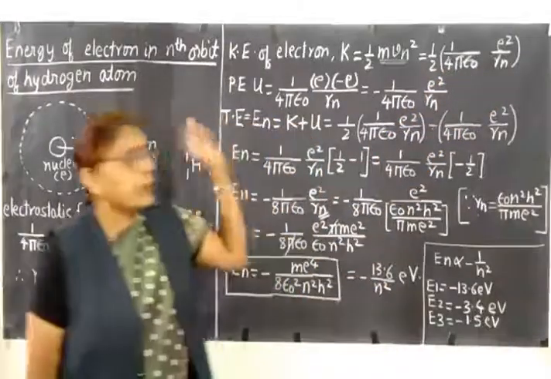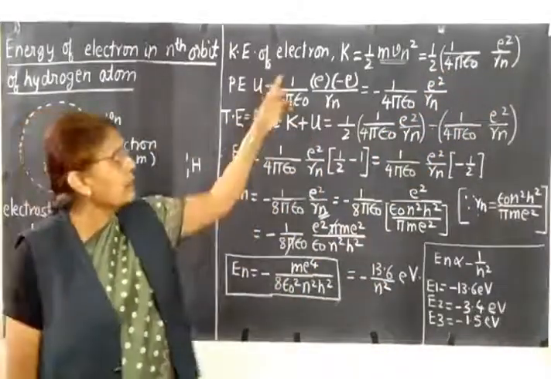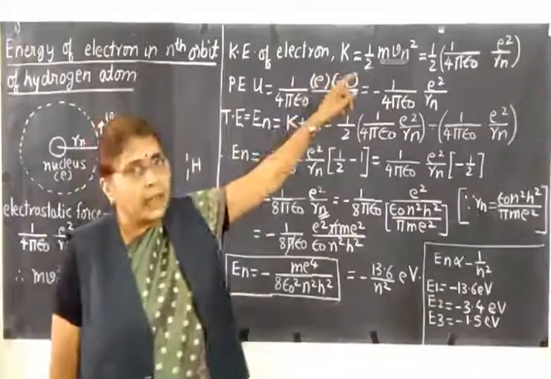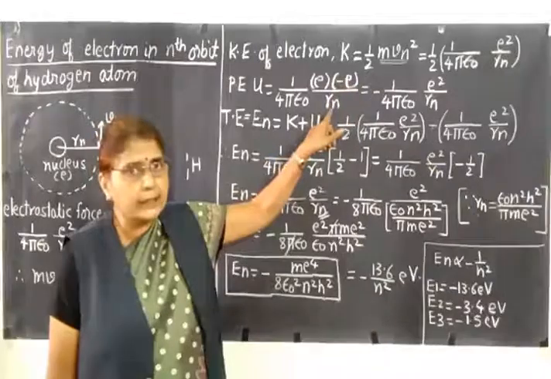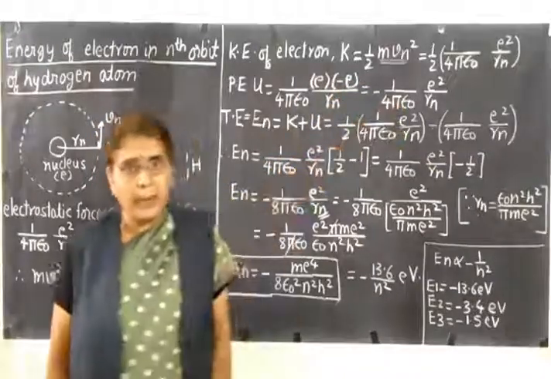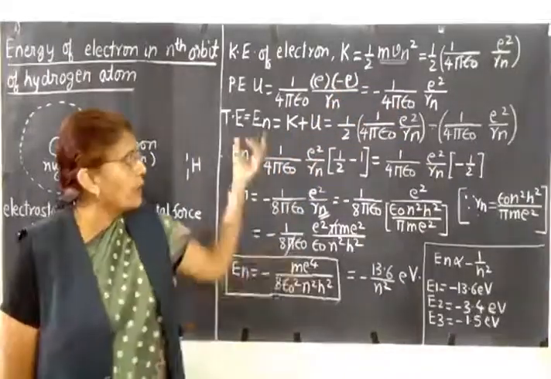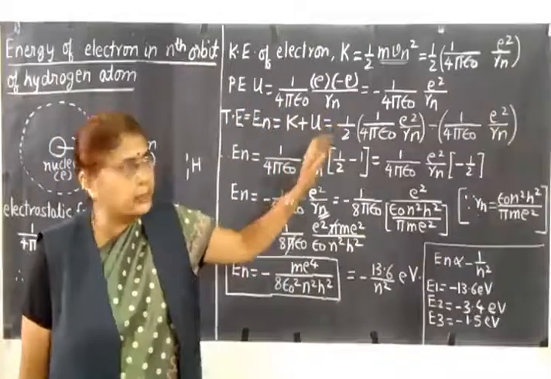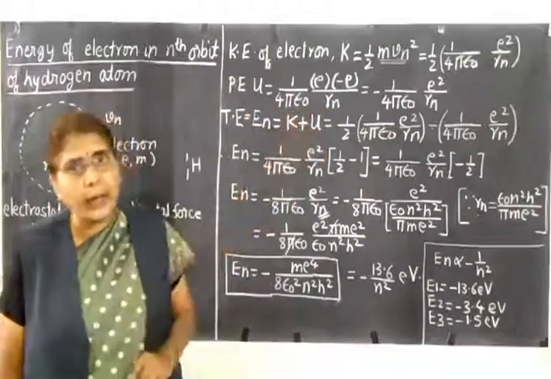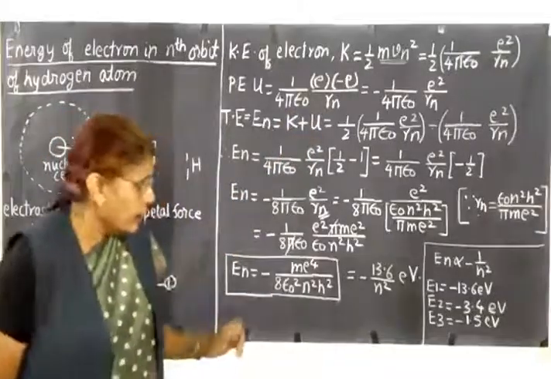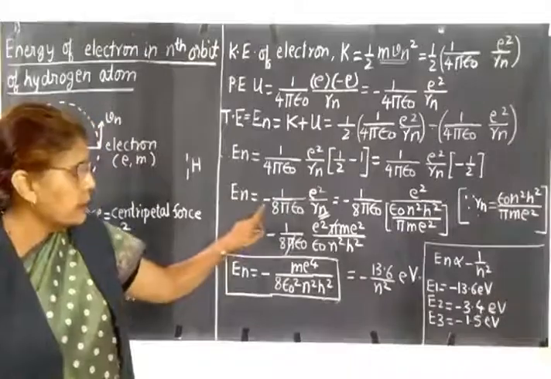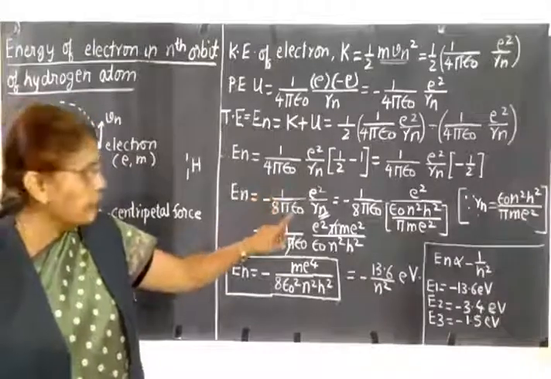Then the electrostatic potential energy is given as the constant 1 upon 4 pi epsilon 0, product of the charges along with the sign, divided by the distance. So we got an expression for potential energy. Then the total energy of the electron is the sum of kinetic energy and potential energy. Put the values of K and U and simplify. You will get an expression for total energy En equals minus 1 upon 8 pi epsilon 0 e